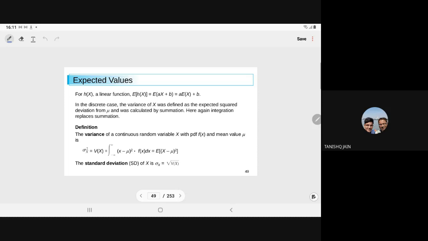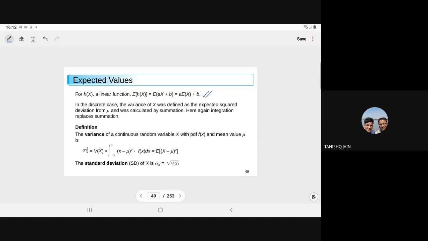Now, after having the knowledge of the expectation, you can compute the variance also. Whether for the discrete random variable or for the continuous random variable, the expectation always follows the linear property. So the expectation of the linear function aX plus b is equal to a into expectation of X plus b, because you know that the expectation of a constant is the constant, and the expectation of aX is equal to a into expectation of X.